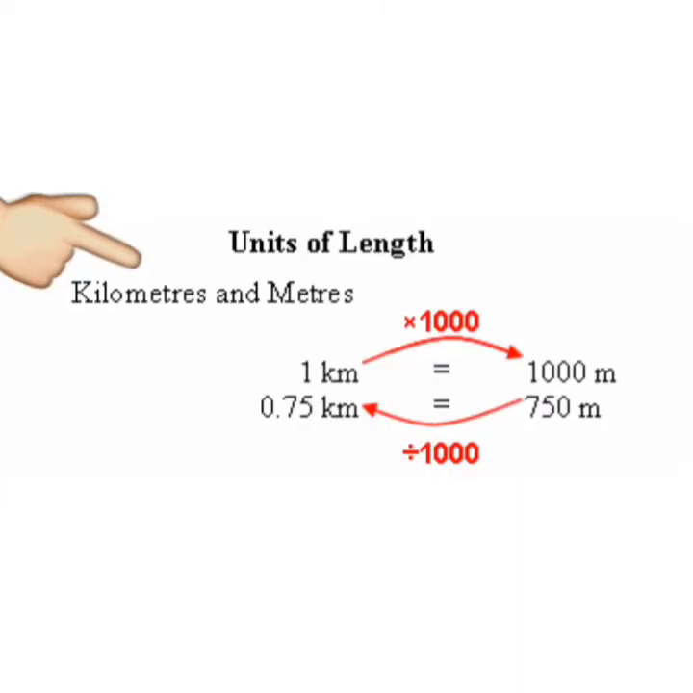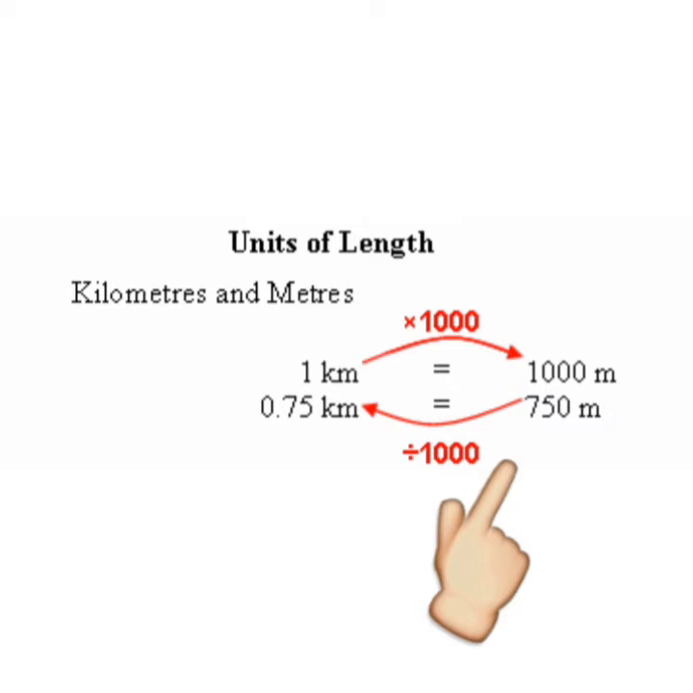Now we take some examples. Firstly we will look at kilometer and meter. 1 kilometer equals how many meters? 1000 meters. You can see, students, when we move from kilometer to meter, we multiply by 1000. So we will get 1000 meters. Next, when we move from meter to kilometer, we divide. 750 meters equals